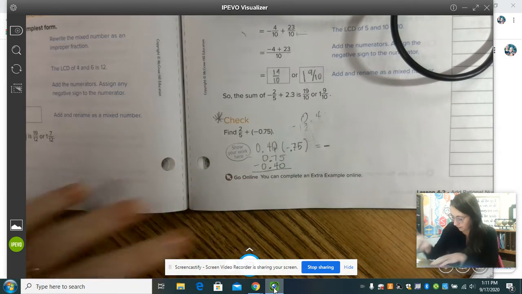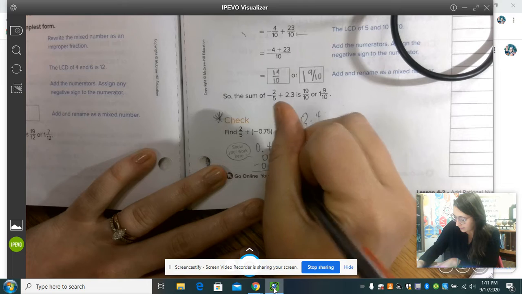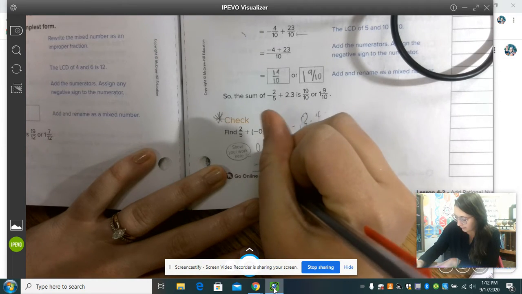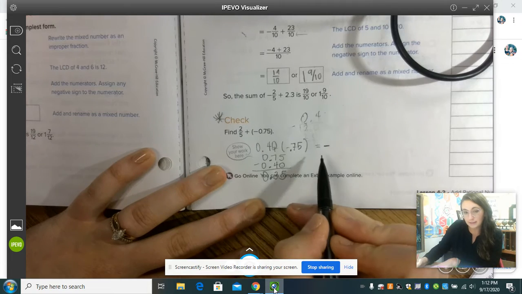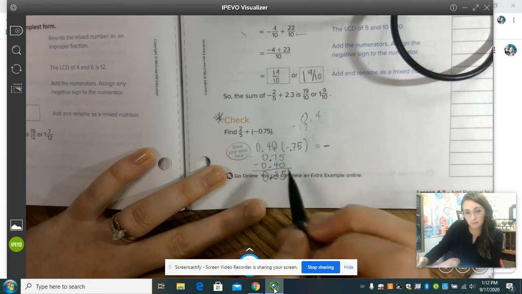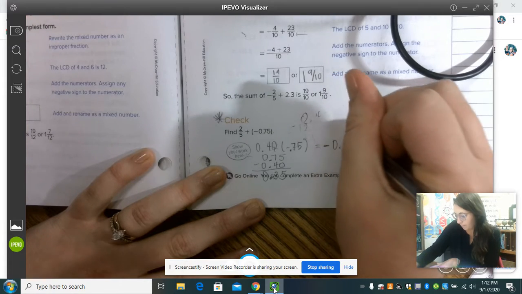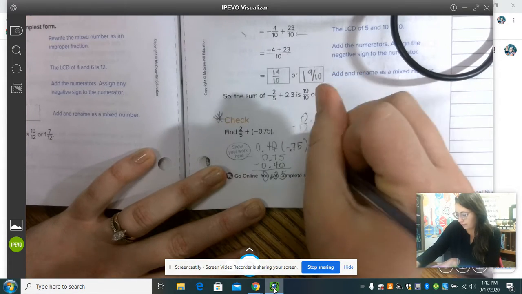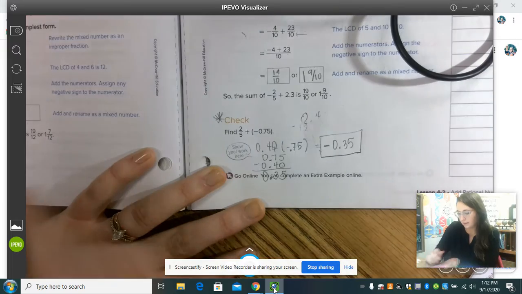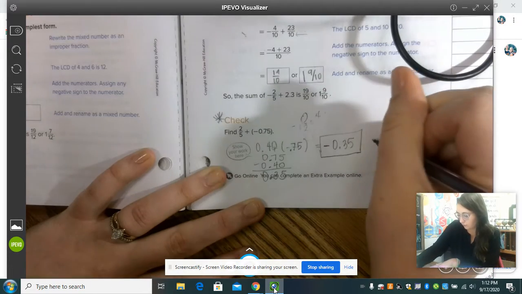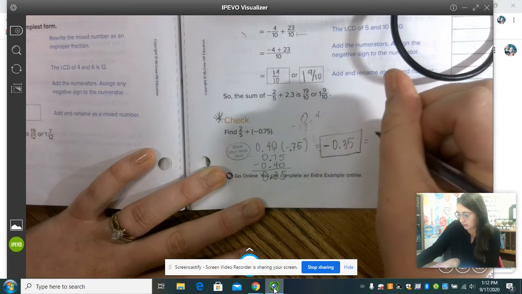Okay? All right. 5 minus 0 is 5. 7 minus 4 is 3. Bring that down. And look, I made this note so that once I finished my math, I would not forget my negative sign. All right. There we go, folks. And if you happen to change this 0.75 to 3/4 as a fraction, this is 35